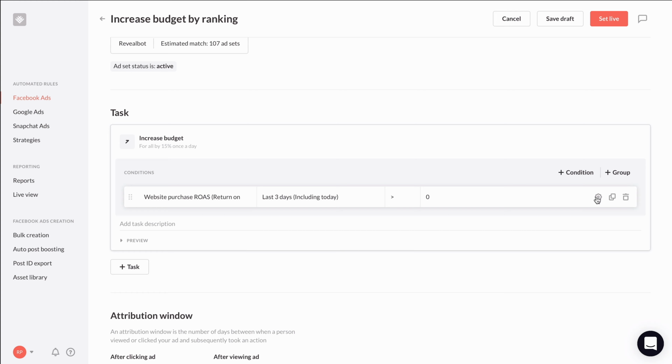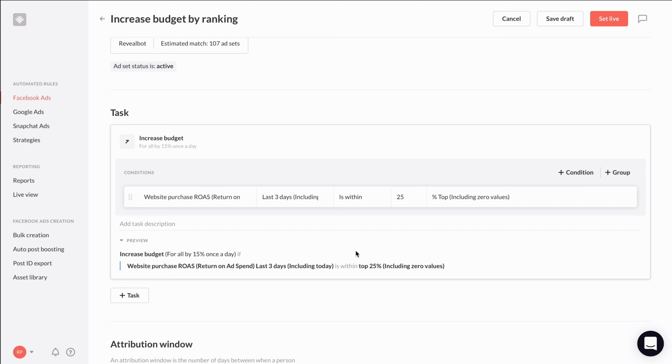Hover over the value, click the gear icon, and select ranking. Now our condition has changed to be a ranking comparison condition. For the rest of this condition, we'll select is within 25% top. What this condition says is it will increase the ad set's budget by 15% once a day if the ad set's website purchase ROAS is within the top 25% of all ad sets' ROAS in the campaign